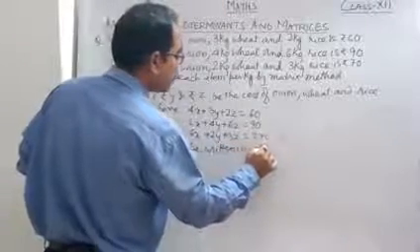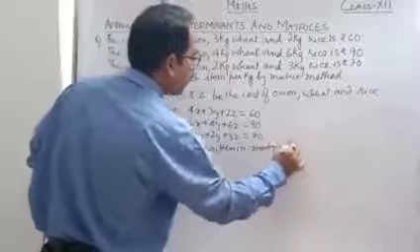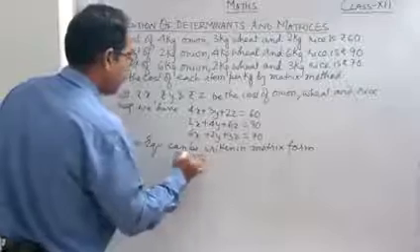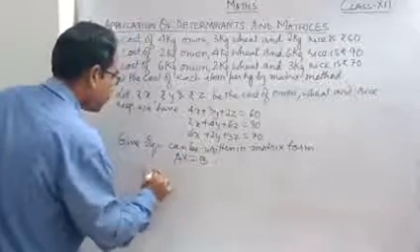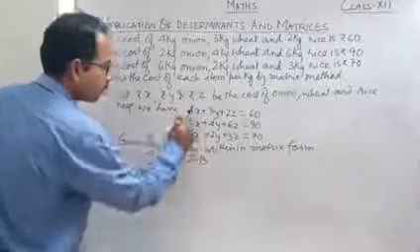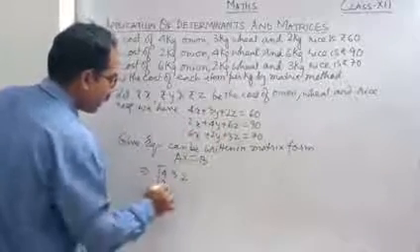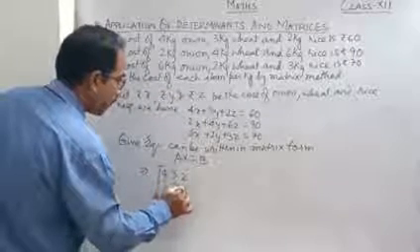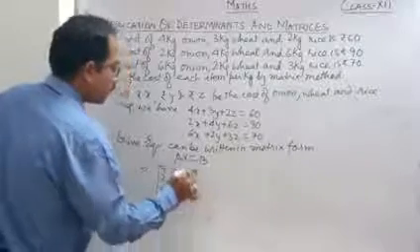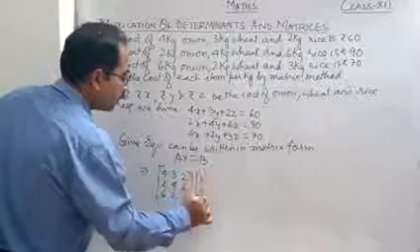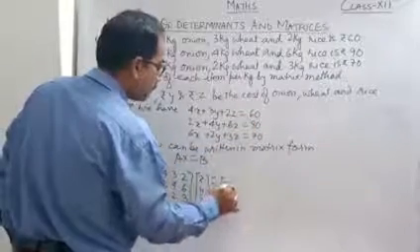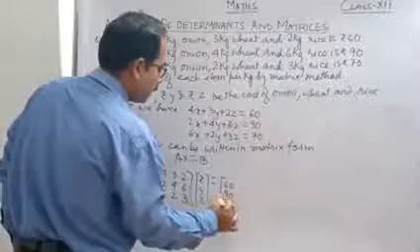in matrix form. How? Let us write AX equal to B. So 4, 3, 2 are the coefficients of x, y and z. Then 2, 4, 6. Then 6, 2, 3. Correct, students? And X is the variable matrix, that is x, y and z. And B, obviously, is these values, that is 60, 90 and 70.